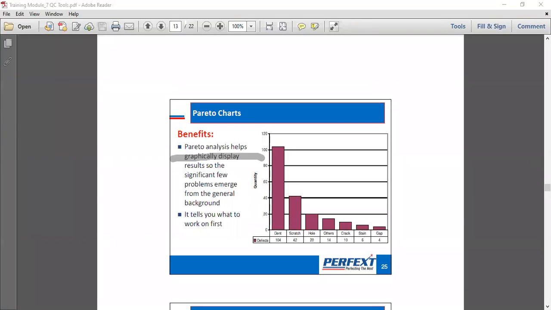We can use the scatter diagram to identify the relationship between two variables. If the two variables are interlinked, we can use the scatter diagram. If they are not interlinked, we are not going to get a proper scatter, like positive or negative. If they form a positive or negative scatter, we can identify the relationship between these two variables. If they are not interdependent, we are not going to get the scatter.